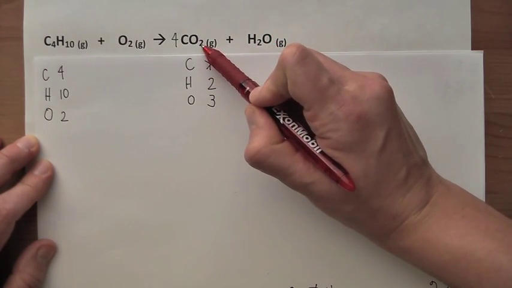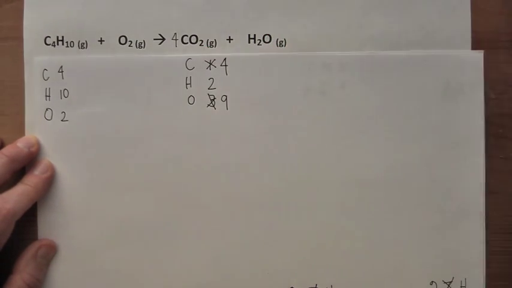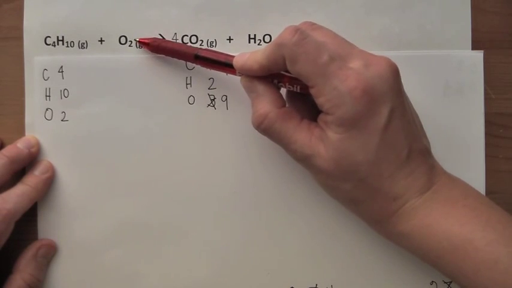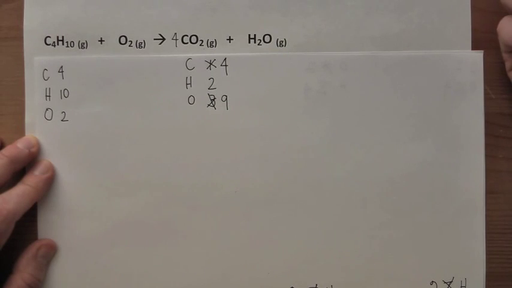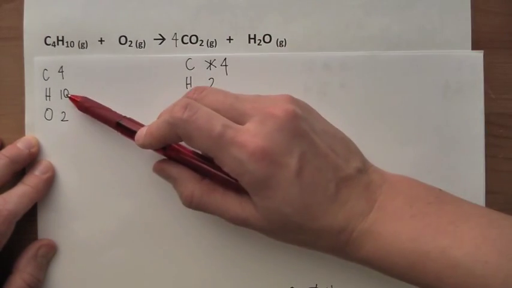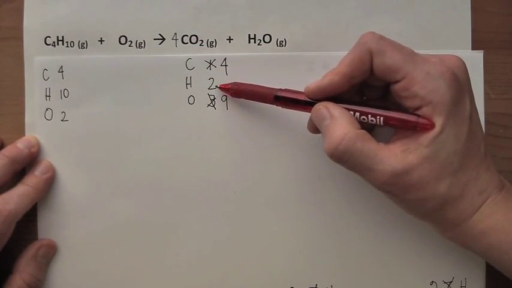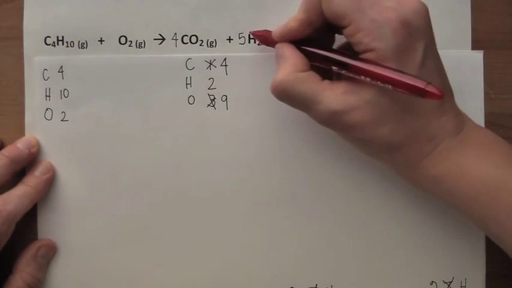4 times 2 is 8, plus 1 is 9. Well, right now this looks like a mess, but let's keep going. I know that my oxygen is alone over here. It's not attached to anything, so I'm going to balance my oxygen at the very end. So let's next take a look at hydrogen. I have 10 hydrogen on my reactant side and 2 on this side. That means we can put a 5 right there, and that will give me